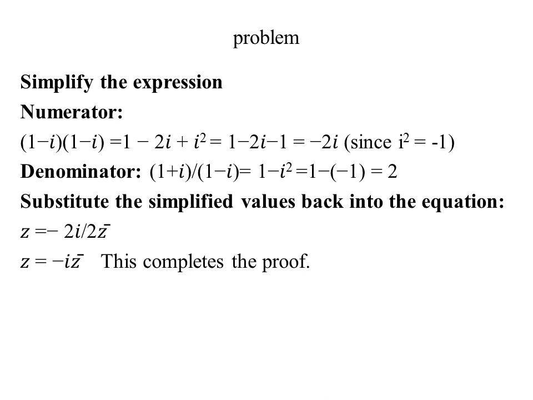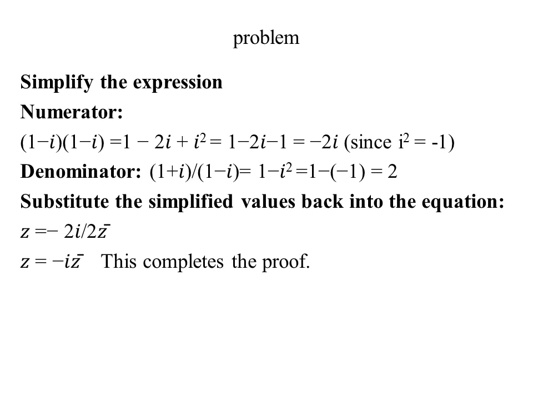After this, we simplify the expression. In that, we first simplify the numerator, that is 1 minus i into 1 minus i is 1 minus 2i plus i square, that is 1 minus 2i minus 1, that is equal to minus 2i, since i square is equal to minus 1. Then we simplify the denominator, that is 1 plus i into 1 minus i, that is 1 square minus i square, that is equal to 1 minus of minus 1, that is equal to